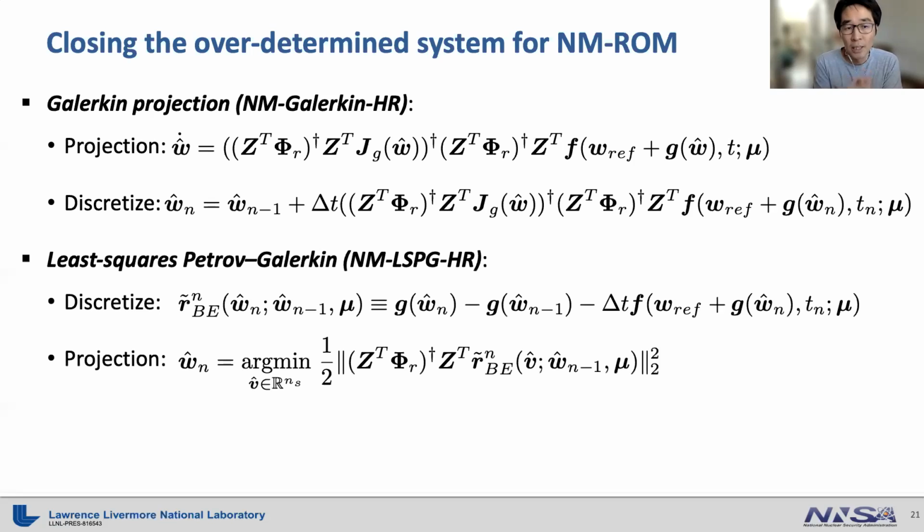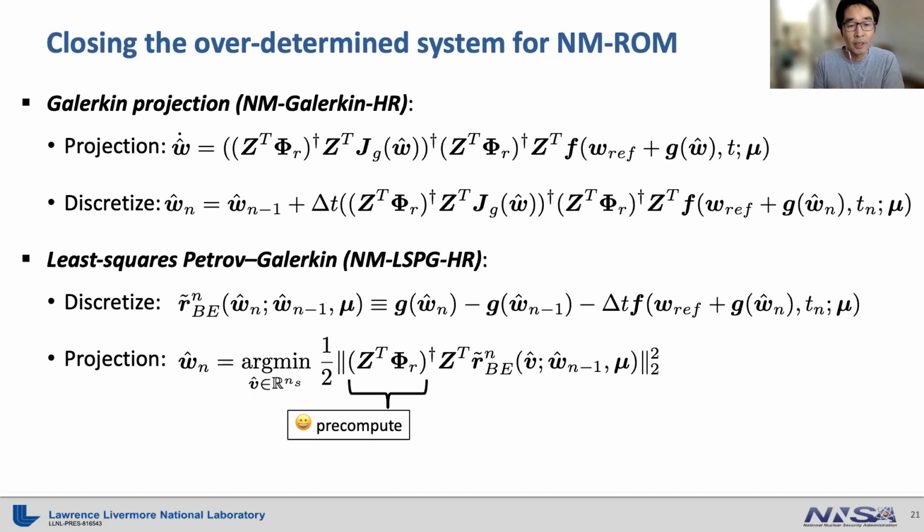On the other hand, the least-squares Petrov-Galerkin approach swaps the order. You first discretize the system in order to get the fully nonlinear system of equations. But there are more equations than unknowns. So in order to close the system, we apply the least squares problem, minimizing the residual of this fully discretized problem, and then obtain the latent space solution. Here, many crazy looking terms appear,